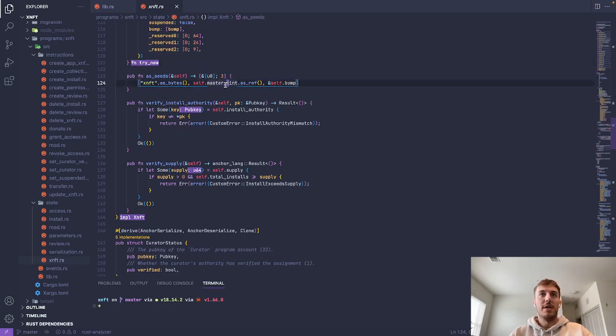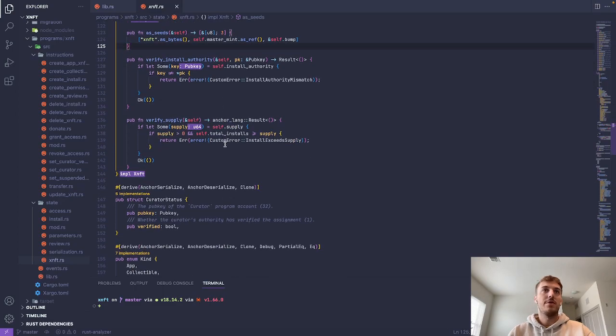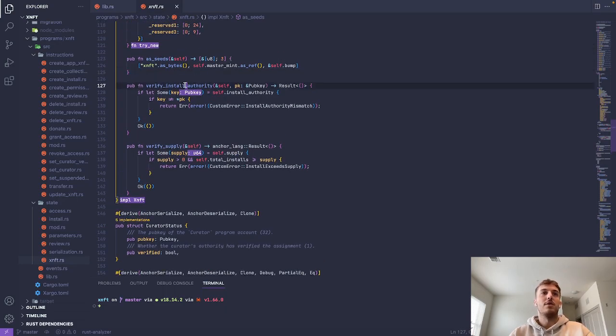And take advantage of the master seed and the master mint and the bump that are in the state of the instance it's called on. Verify install authority. So this is basically just checking the pub key that's provided, and if there is an installation authority set on the account, that it checks that they basically match. And if it doesn't, it'll throw a protocol error and